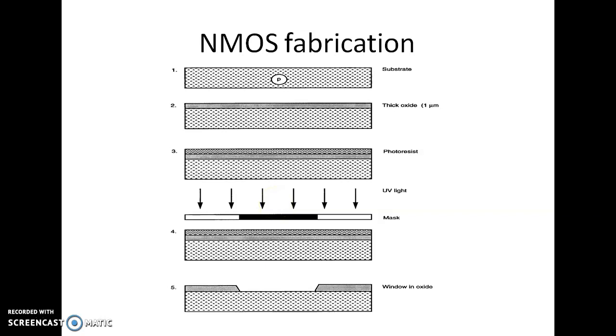Whereas in the negative photoresist, it happens in the opposite way. The portion which allows the light becomes hardened. The portion which stops the light becomes soluble. Here in this figure, it is shown as a negative photoresist. We can see this window opening. That window is formed because that portion is stopping the light so that it becomes soluble, and the portion which allows the light becomes hardened, polymerized. So this window is open due to the photolithography.